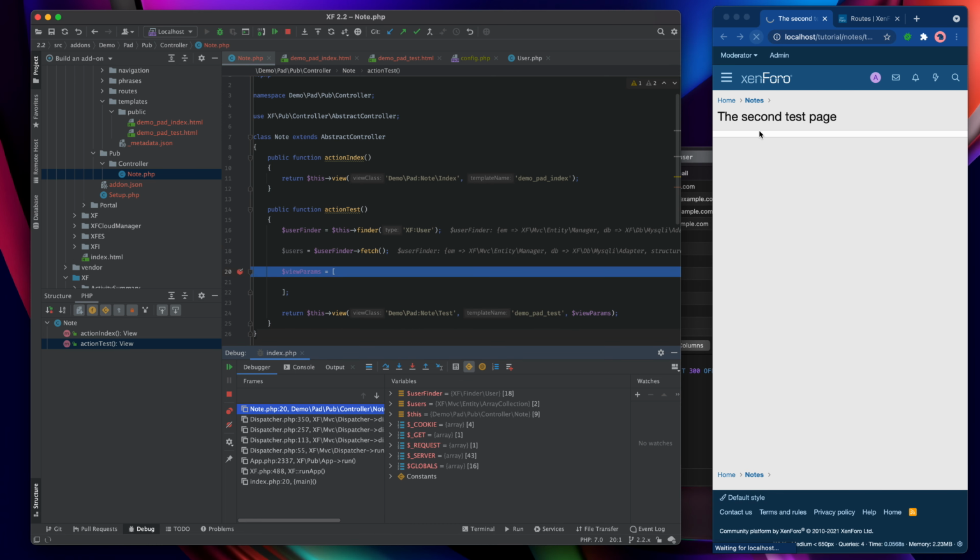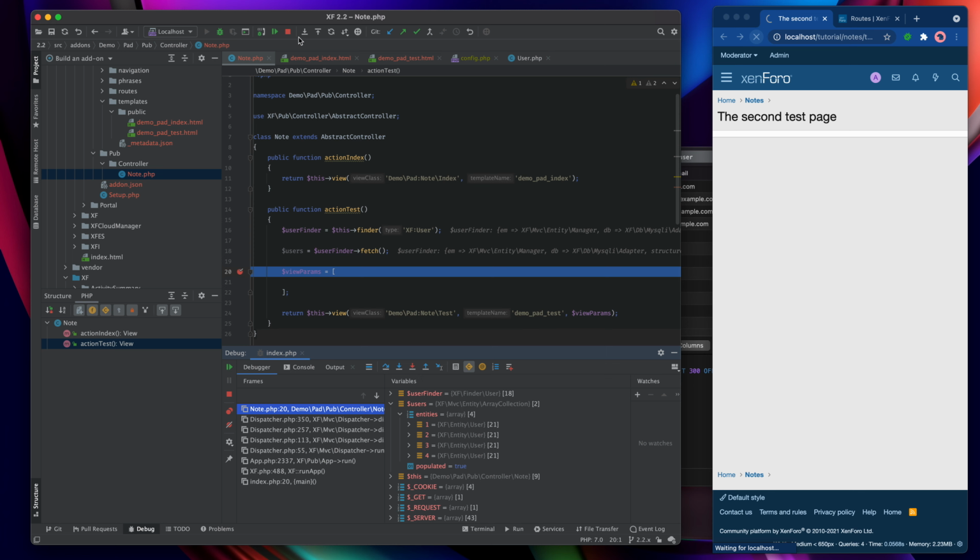So here we are, we've skipped to here. The users variable has been initialized as the user finder fetch. So let's take a look at it. You can see it's an instance of array collection, and there are 4 entities, and there they are. You can see they're keyed with the primary key. I'm not going to dig into what the actual entity content looks like at the moment because that'll come shortly. But we can see that we do have 4 user entities as a result of this user finder.